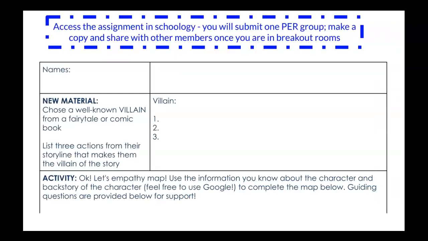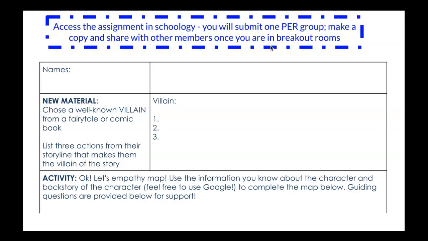So again, this is group work. So you're going to submit one per group. So if right now in class, or right now as you watch this video, you're texting your friends who you don't want to work with, one of you needs to access the document, make a copy of it, and share it with the other members once you've connected in other Zooms or however you want to work. This says breakout rooms because this class was supposed to be live. Anyways, you're going to pick your villain and then you're going to get to it.